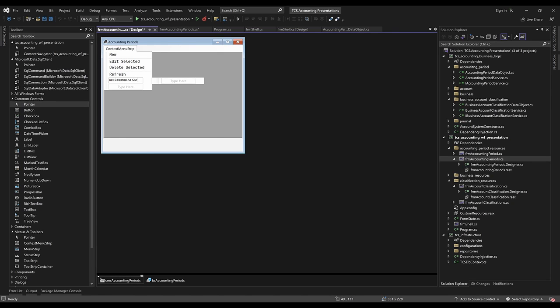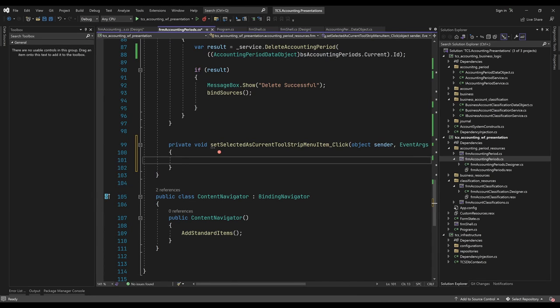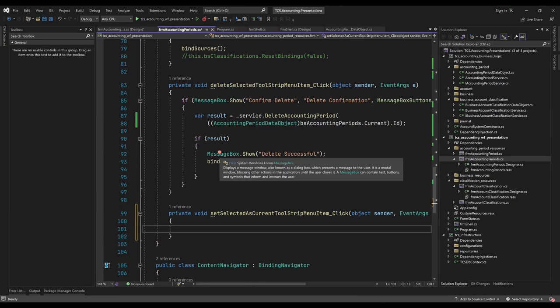Alright, so we can do that, set selected as current. We can shift this up here, and add a separator as usual and put it up here. No, that didn't pick that. I'll just bring this down. Once this is clicked, we can go inside the code behind file to write an implementation for it, which means we need to grab the currently selected